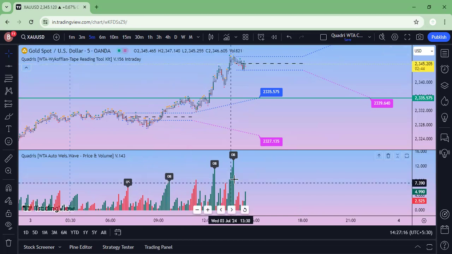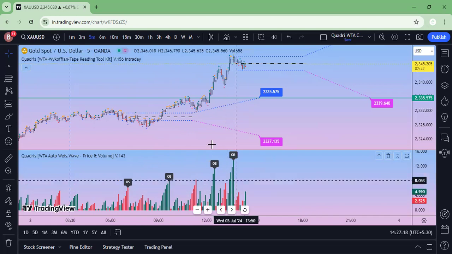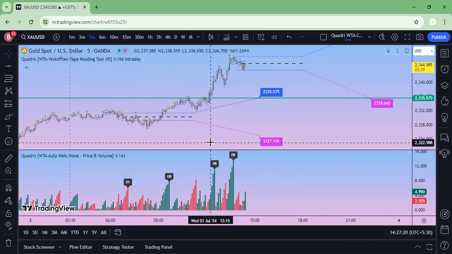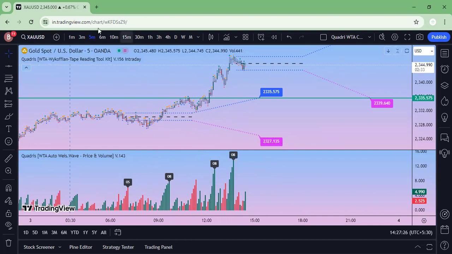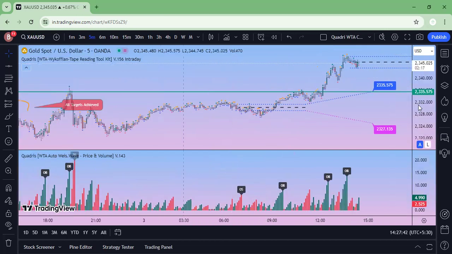This is what I tried. After the purchase, you would be given a 2-hour training on how to use this particular system, this price and volume tool. With this tool, your risk is minimum and your reward is maximum. That is what is kept in mind. So if you have any doubt, you can ask.